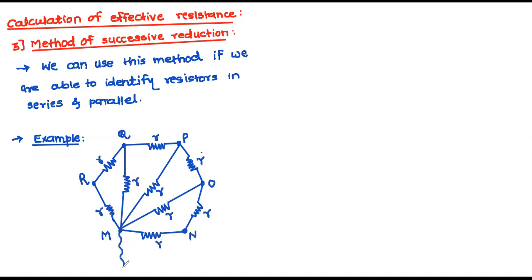And what he is asking: the resistance across this, R M N, is equal to how much? Clear? So let's see how to solve this. R M N is equal to how much? The resistance between these 2 points is what he is asking. So how to do first of all? See here how I am doing.